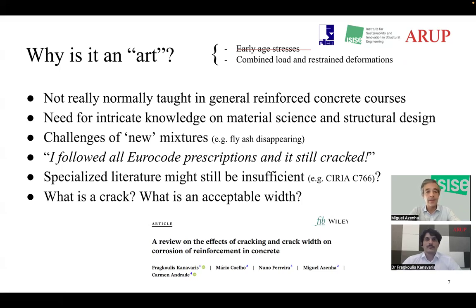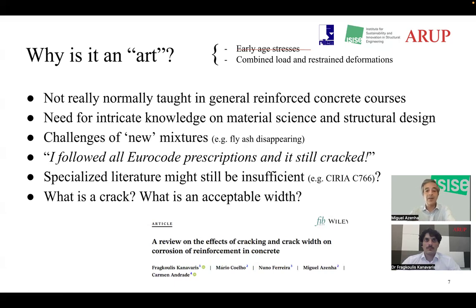So the first of all is that this is not really something that we teach in general reinforced concrete structures courses. I do not do it myself. There's normally no time in the programs to go to this level of depth. So for that reason, and to my best knowledge in most universities in the world, this topic ends up being sort of too complicated, and it's in a postgraduate situation rather than in the general courses. So society in general in engineering doesn't know pretty much how to handle this.